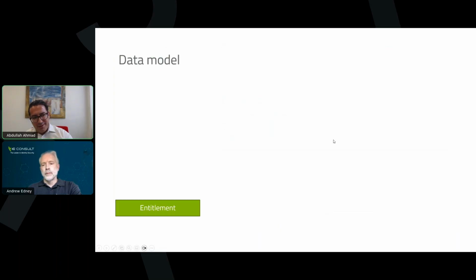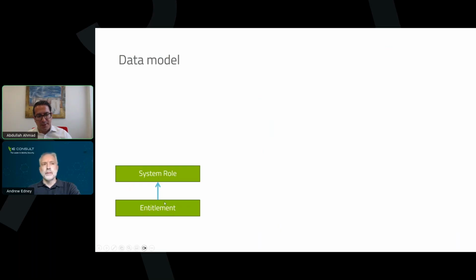So if we talk a little about the data model, how we understand that: from our perspective, entitlements mean any target system permissions, whatever it is, SAP ABAP roles, profiles, AD groups, Entra groups, Linux permissions, whatever it is, entitlement.